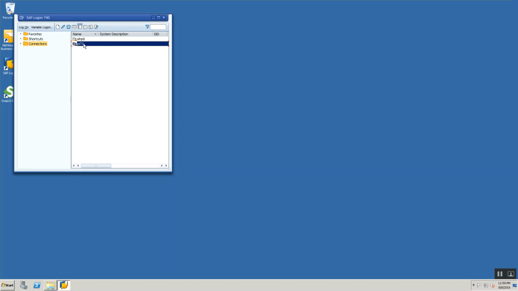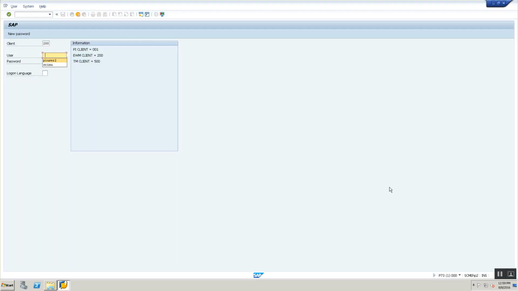In 90% of this course, we will be using the dual stack server, which is called the PI73 server in the SAP GUI that you see. You would obviously need to reach out to your server administrator to get your system details, but your entry point to your server is going to be the SAP GUI, because my server is a dual stack server. So I'm going to launch my SAP GUI and give my user. In my case, my PI client is running on 0001. In your case, you would need to reach out to your admin to get what client to use, what username to use, and so on.